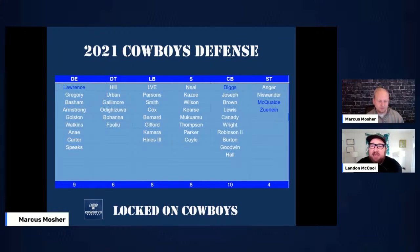So if you look at this list, I think the good news for the Cowboys is, especially at defensive end, you feel like you've got two guys at the top. I only marked one of them as a sure starter, but I think we all feel good about the potential of Gregory with a full offseason. You feel good about those two guys. And then you've got four guys after that who